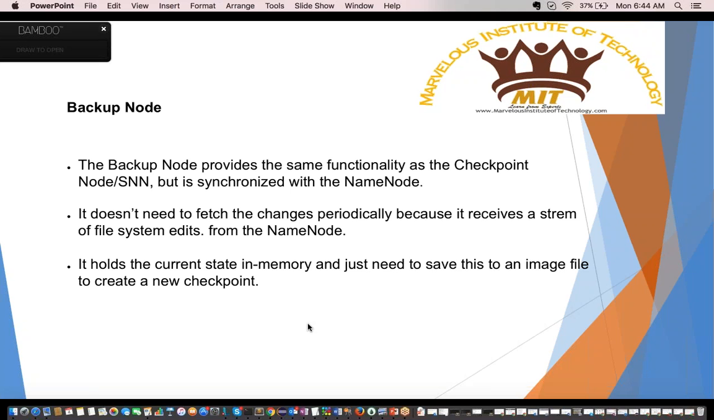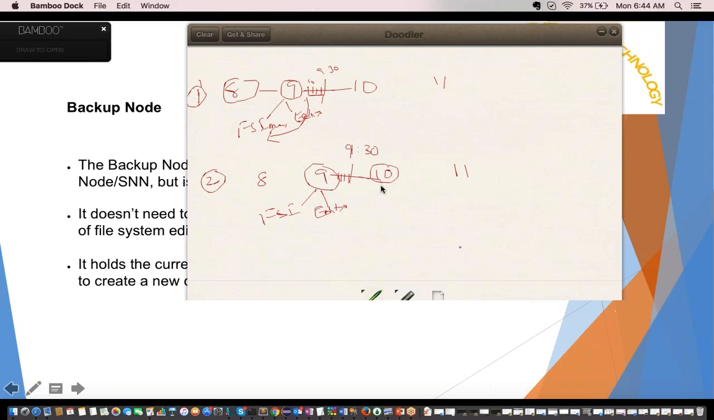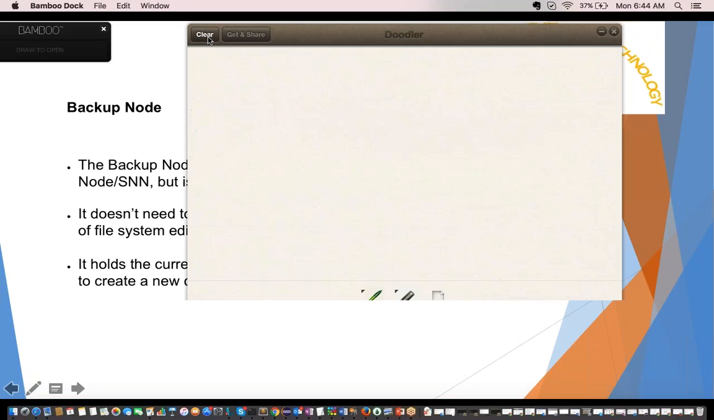Now, how does it work? As we know, our secondary name node will keep talking to the primary node, the name node, right? Keep in the sense every half an hour or every hour, depending on the configuration. Let's assume